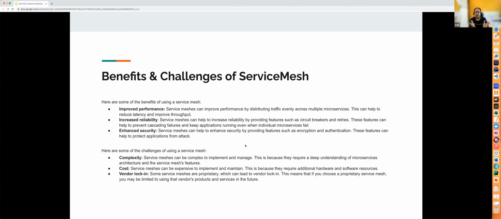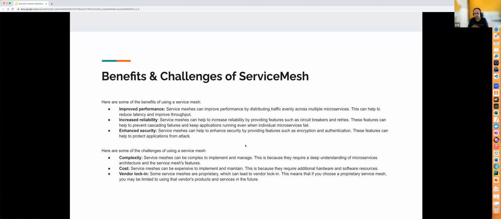So what are the benefits and challenges which came with the service mesh? The first one is performance. Since all of this traffic management was taken out of the application, performance improved, and the service mesh was just handling the traffic and communications across different microservices.